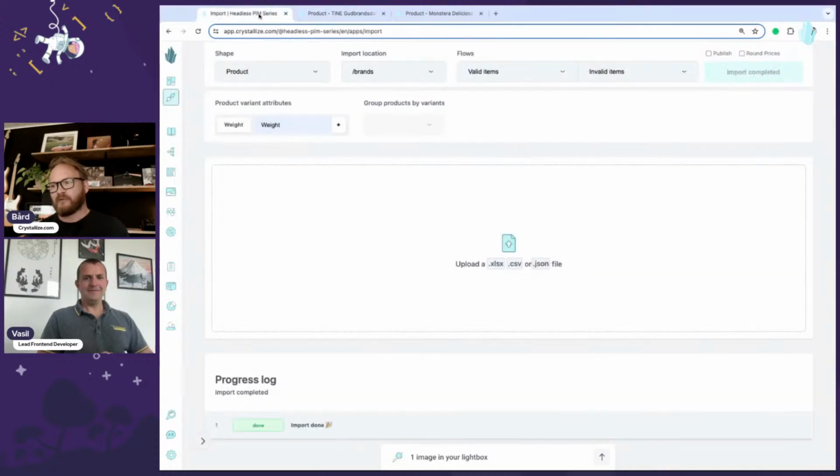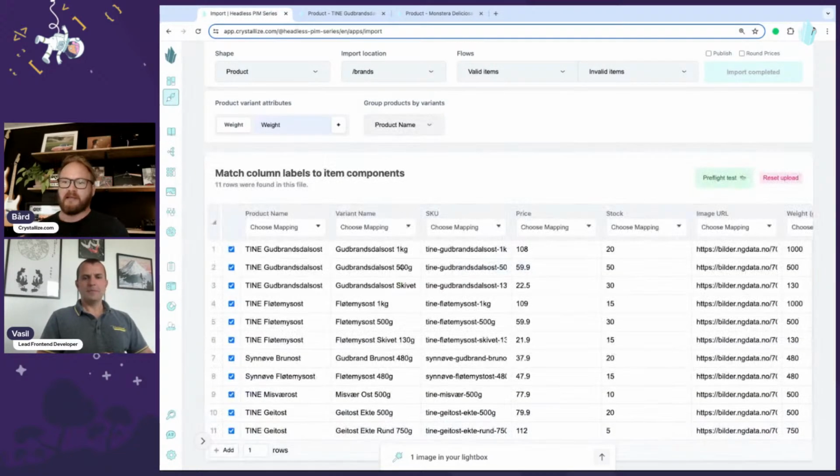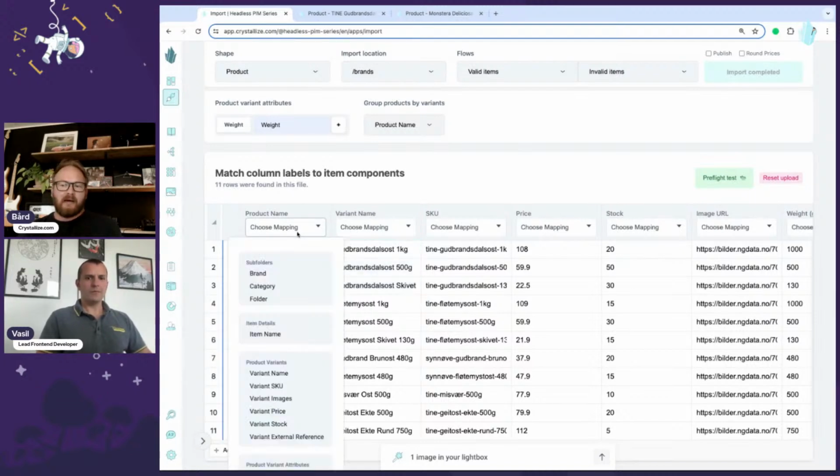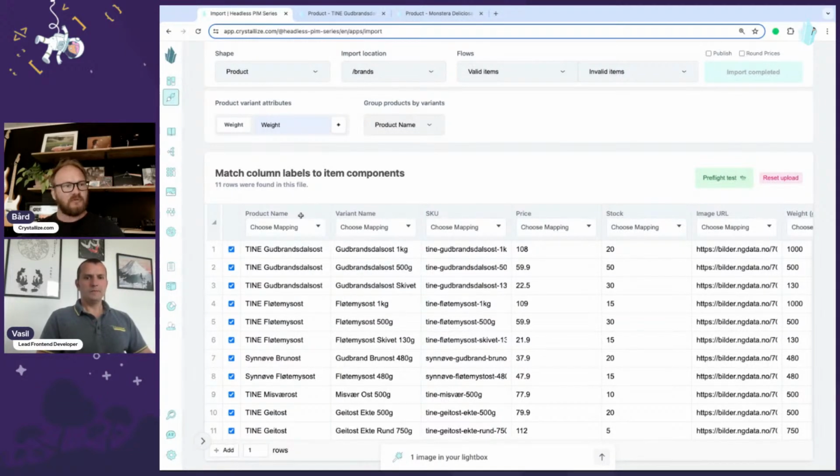What I can probably also mention is that if I'm just dropping the spreadsheet in again, and if I select the proper grouping here, you can group by product name and say that if they have the same name, it will be multiple variants of the same product. But the mapping here, as this is an open source app, you could also, which a lot of our clients are doing, create your own template for Excel or Google Sheets, whatever they use, so that you don't have to do the mapping. It's already pre-mapped,